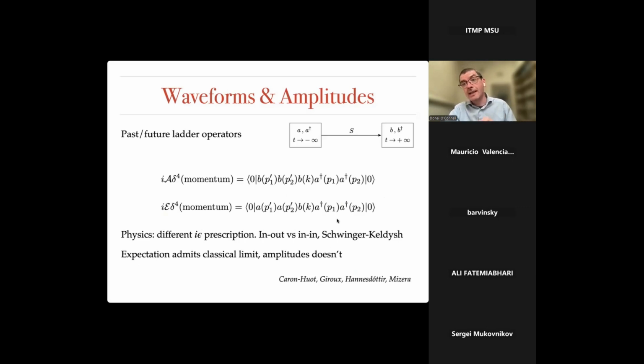Now, what I mean by that is, I explained that I was going to perform some expansion in dimensionless quantities, these uncertainties, the wave packet size over impact parameter and things like that. But it's very important that the dominant term is of order 0 in those expansions. If you just look at the amplitude, that's not what happens. So it looks singular in this limit. But the expectation value, everything works as you'd expect.